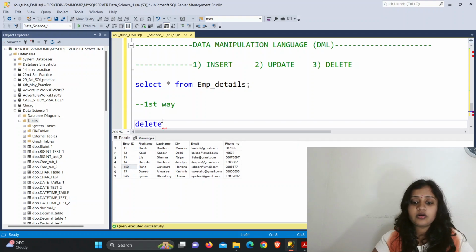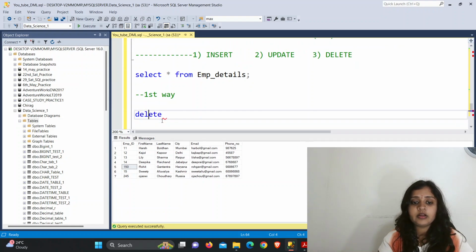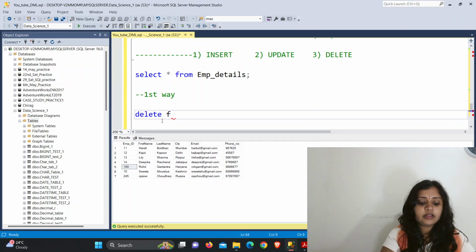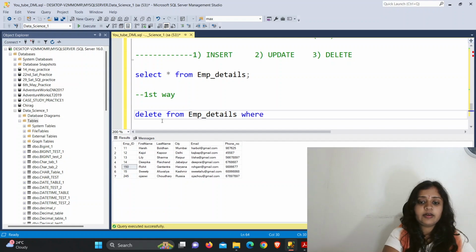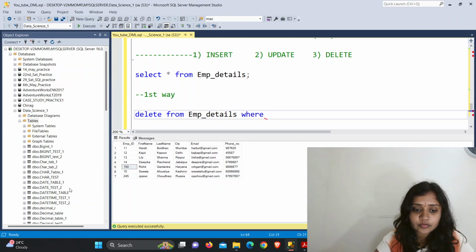So you will write delete, then you will write from, then the table name. What is your table name? Employee_details. Then you will write where, and the employee whose name is Rohit, you want to delete that record.